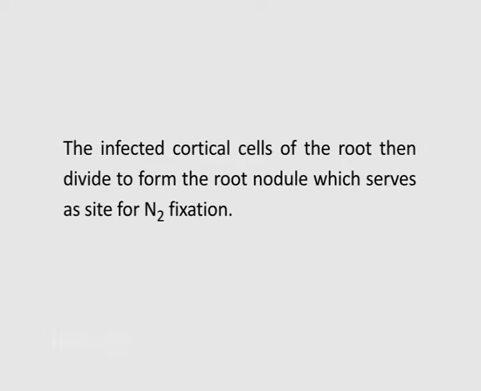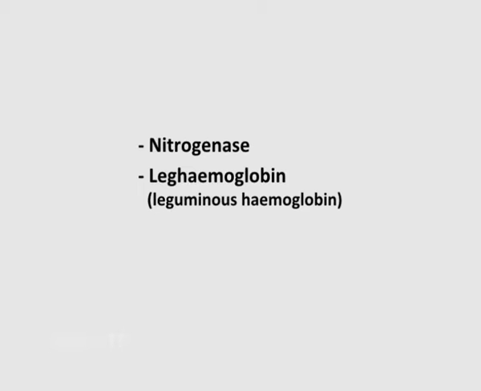The infected cortical cells of the root then divide to form the root nodule, which serves as the site for nitrogen fixation. The mechanism of nitrogen fixation by bacteroids in root nodules is carried out with the help of an enzyme complex consisting of the nitrogen-fixing enzyme called nitrogenase and an oxygen scavenger called leghemoglobin, also called leguminous hemoglobin. The nitrogenase is extremely sensitive to oxygen, and it is protected from cellular oxygen by the oxygen-scavenging reddish-pink pigment